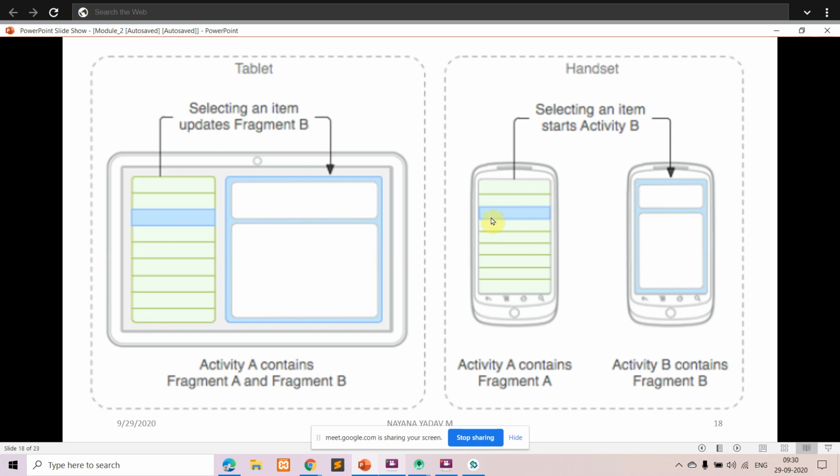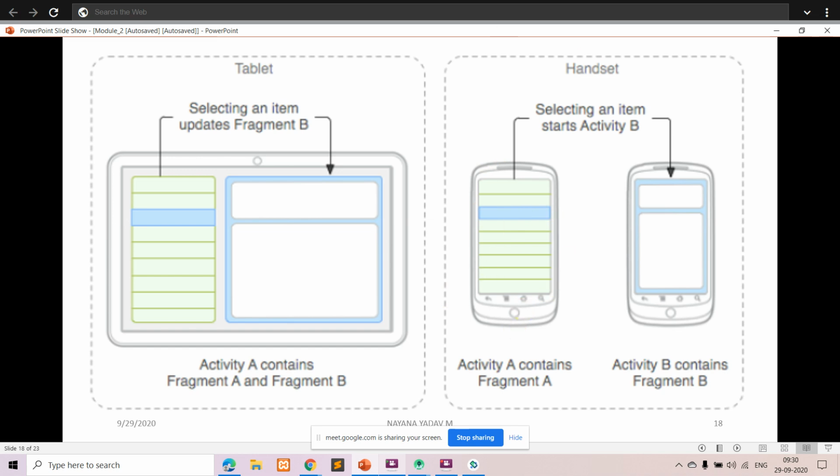Each of these fragments is an independent module that is connected or bound to the activity in which it is placed. So if this is fragment A, that can be an independent module connected to activity A. Like this, it goes on. Okay. These fragments can also be reused within multiple activities. That is one more point.